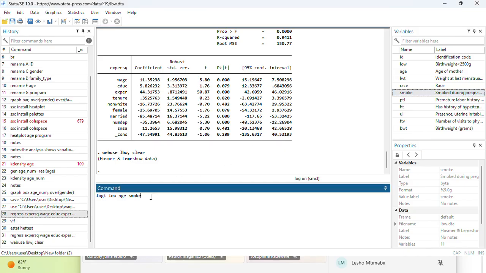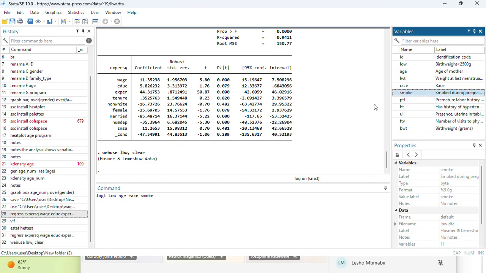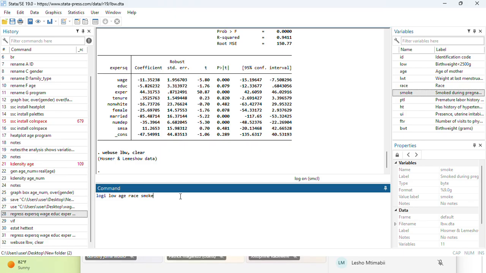Sorry, I forgot one variable, which is race, then smoke. Then we have to run our logistic,